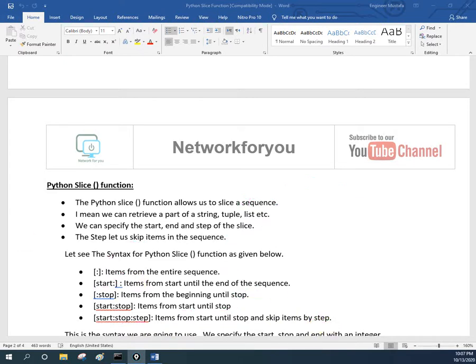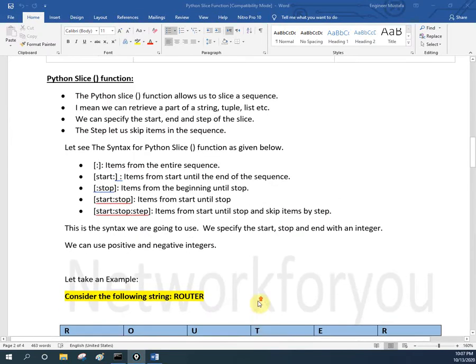I already wrote some syntax here, and we can also try it in IPython. You need to remember this syntax, because we are going to use it in our Python code to automate our network. This is the basic, and we need to know the basic, because only if we know the basic will we understand the Python code.